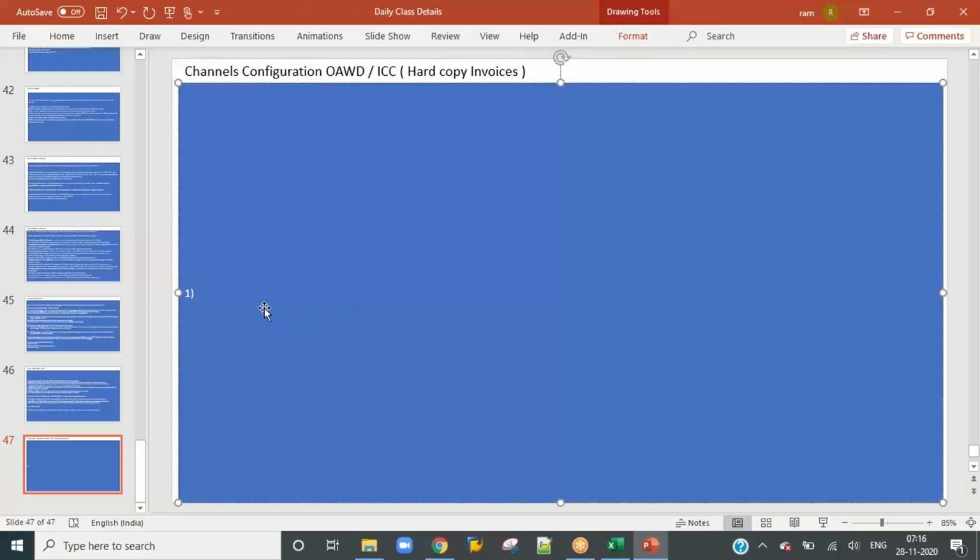So when we create the archive document type, from that time onwards we will go. First, if you already have an archive document type, then use that archive document type. If not, just create whatever we created, right? So first we created some archive document types. Same thing, archive document type. Then